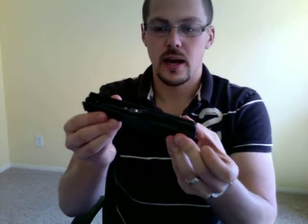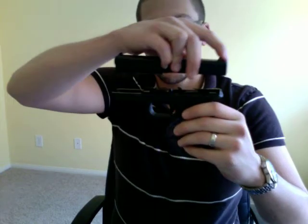Okay, now we've got the slide assembly. It's all together. We've got our frame. Okay, we're going to line it up. Your rear sights obviously are going to go toward the rear, and you've got frame on frame right here. You've got this railing. You're going to make sure that's lined up. Okay, once that's on,